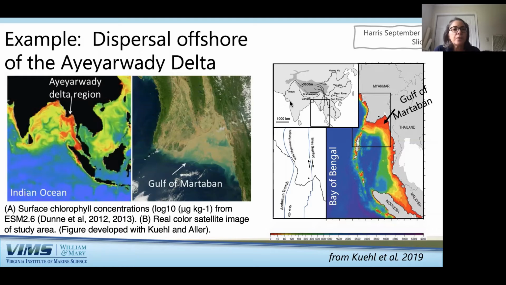And then another motivation was that in a lot of global scale pictures of things like ocean productivity, this area points out as a kind of a hotspot. So this slide is based on an Earth system model, a global model, and it's showing calculations of surface chlorophyll. And this area, probably because it has such a large input of carbon and nutrients to the coastal ocean, and also because, as you'll see, it's very energetic in terms of tidal energy, turns out to be a global hotspot for productivity.